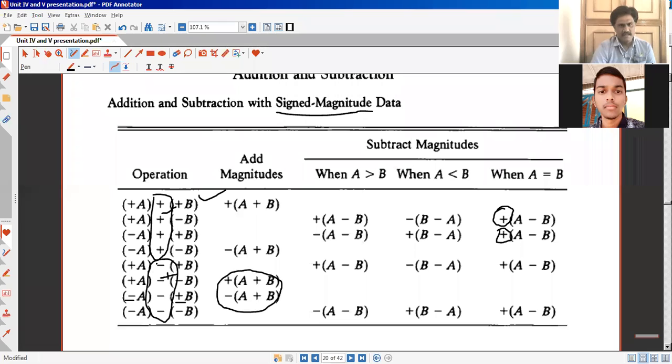If signs are same, A minus of plus B, then depending upon the magnitude, if A is greater, I'll be doing A minus B, and the sign will be positive. If A is smaller, the result is negative, and I'm doing subtraction. If both are same, we have to see that the final result is positive. So this is just a formula manipulation with real-time data. I will show it in the flow chart.